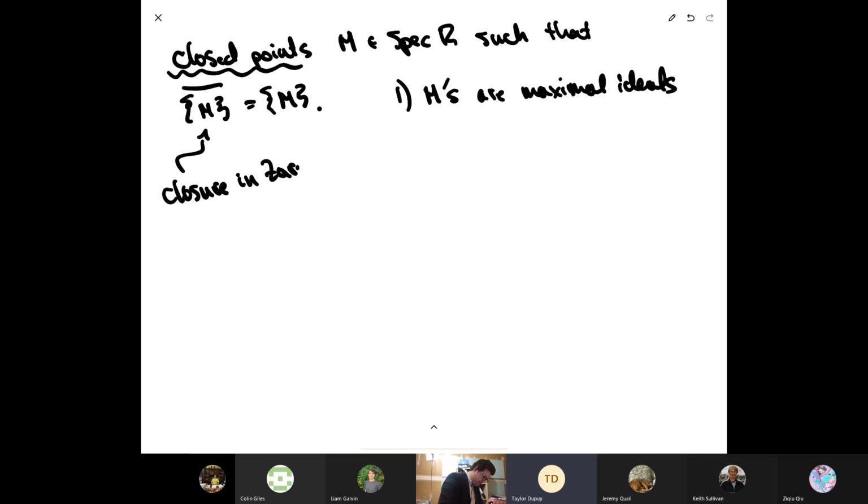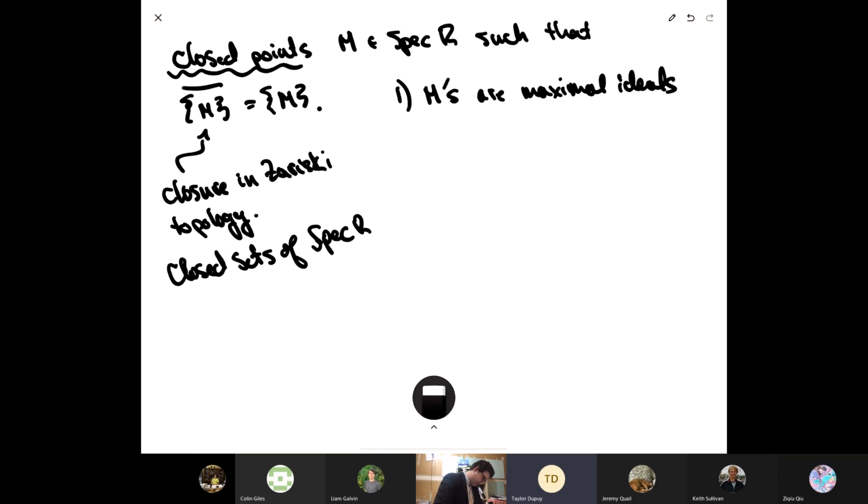In the Zariski topology, the closed sets of Spec R are of the form V(I) for an ideal I in R. These are the set of places, so the set of P in Spec R